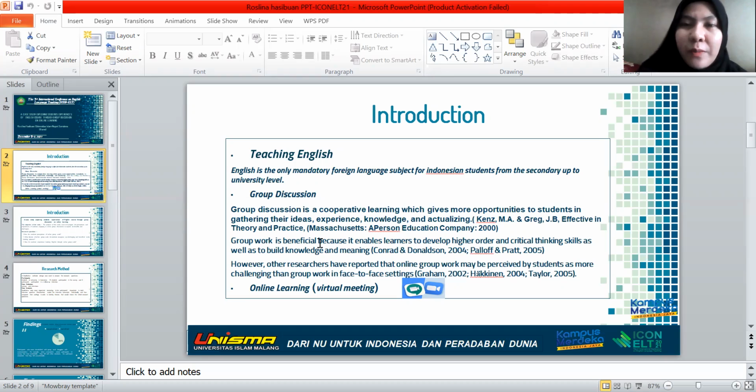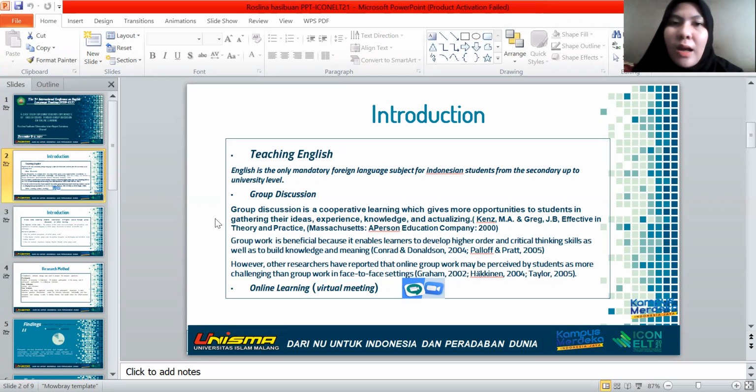It's proven by many researchers who have done research on this. The first one is, according to Kent and Greg, group discussion is a cooperative learning which gives more opportunity to students in gathering their ideas, experience, knowledge, and actualizing. And group work is beneficial because it enables learners to develop higher order and critical thinking skills as well as to build knowledge and meaning.